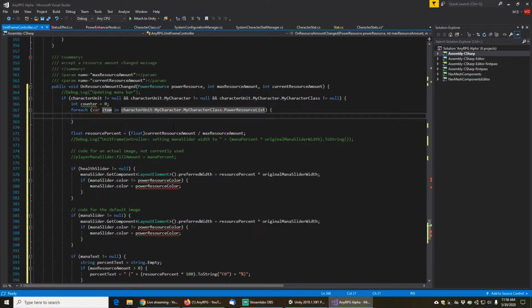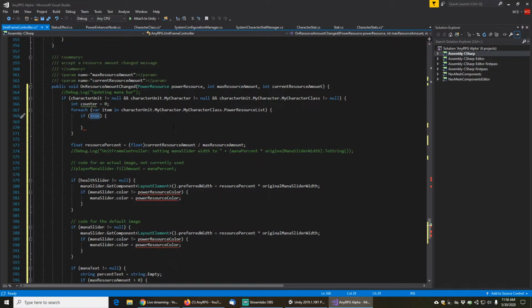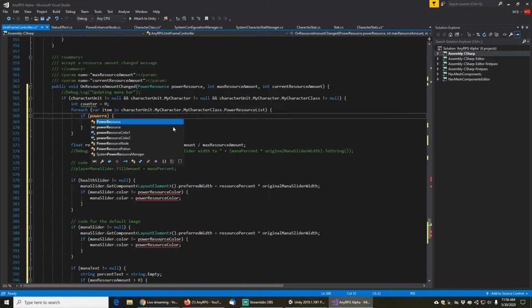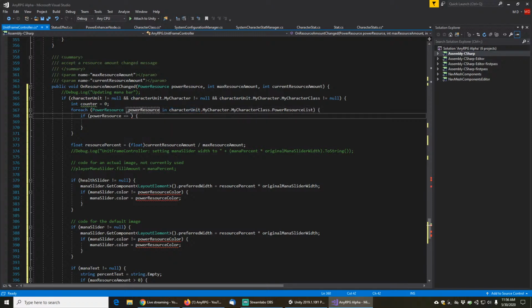We're going to loop through the list. Just do this easy way for now. If power resource that we accepted is equal to, and since we're looping through the power resources, we're going to get a power resource here, and we're going to grab this as just underscore power resource. If power resource is equal to underscore power resource,